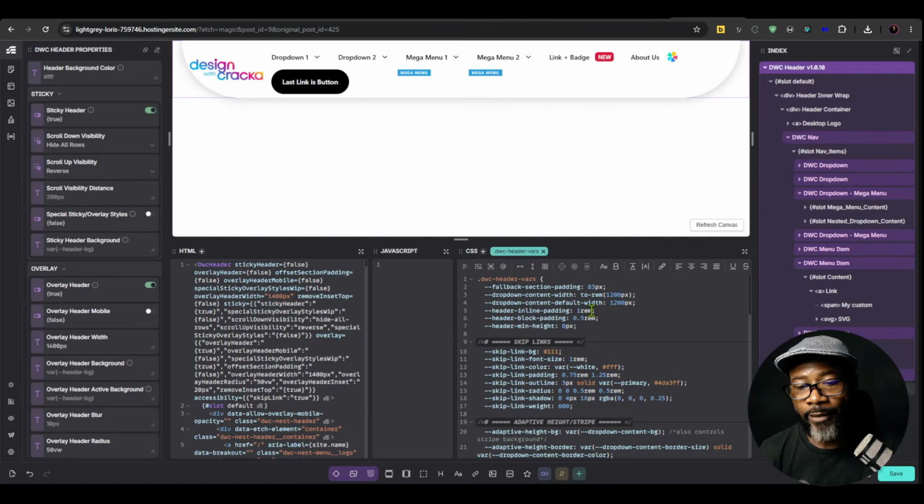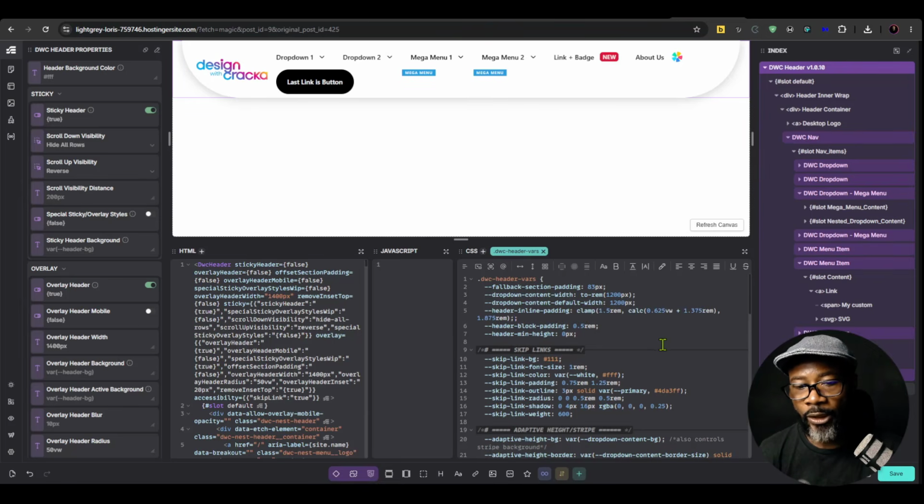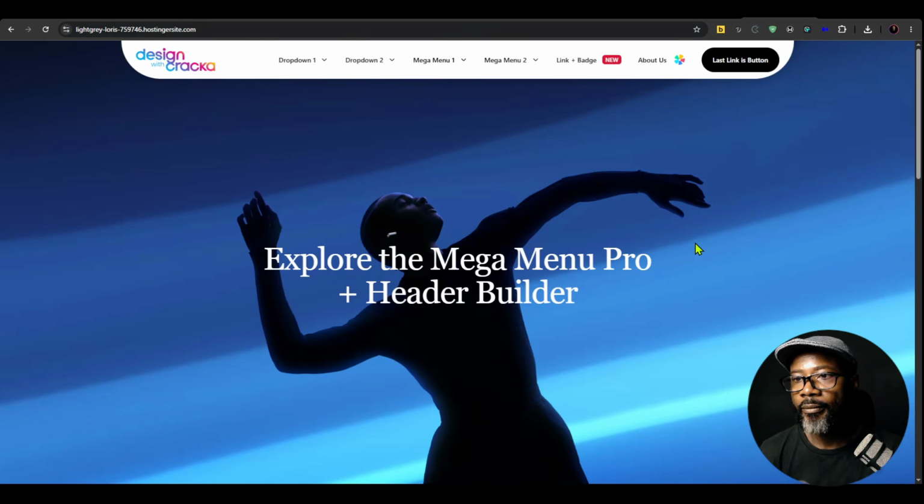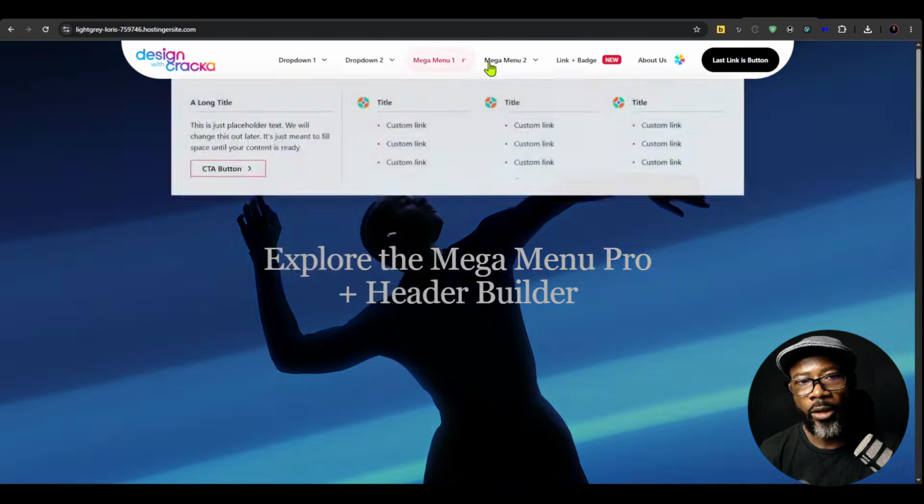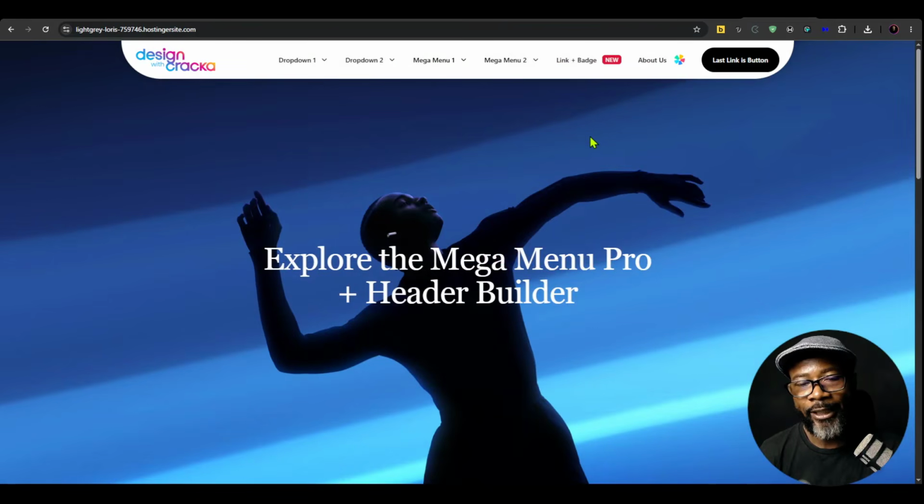It's 1 rem by default. I'm just going to drop in a calc function there and save. All right, so that gives us an extra padding. So next thing we want to do is to change the color of the overlay header so that it's going